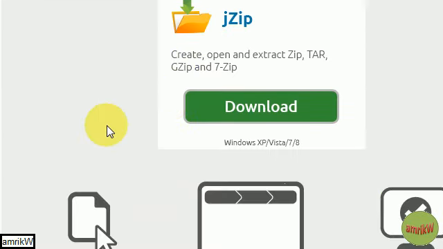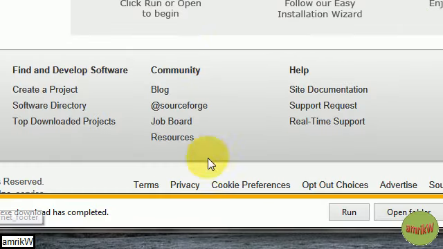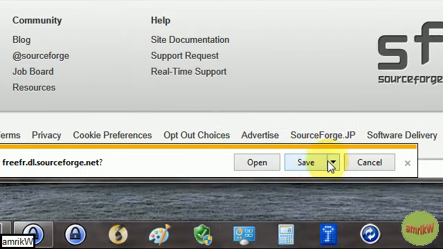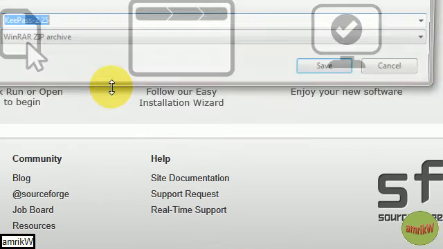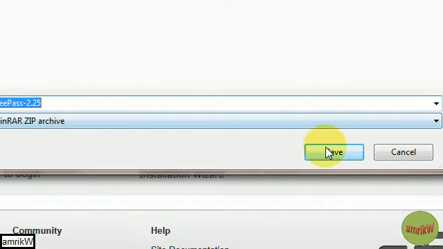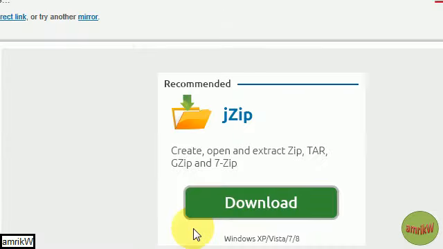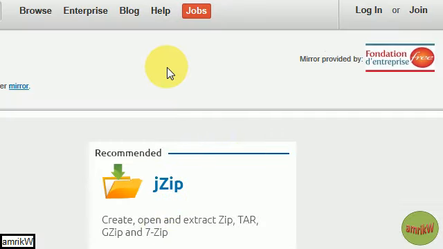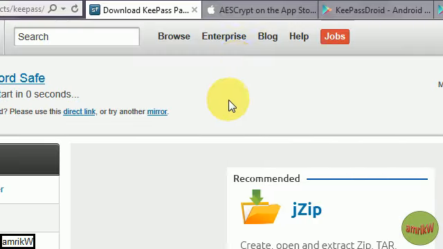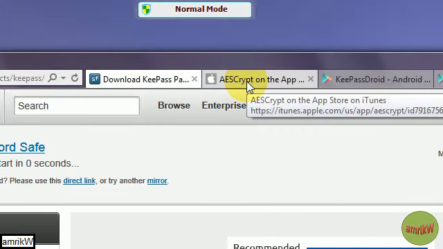As I say, I've already downloaded the version 1. Wait a few seconds for the zip file to kick in. There it is, and then save it on a folder on your Windows machine. So save in the same folder. Actually, I should have done it in a different folder. And while that's downloading, you can then download the